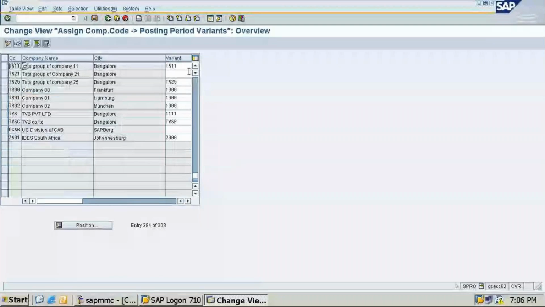One minute, ma'am. Under variant. Okay. I got a yellow cell actually after I typed TA11. You will not get any colors and all. After I typed TA11, I got a yellow cell, ma'am. Can you show the screenshot? I'm not getting that. Yes, ma'am. I'll send it in the group. I got it this way. I don't know if it's correct or wrong. I'll just check. Then only I'll tell you.